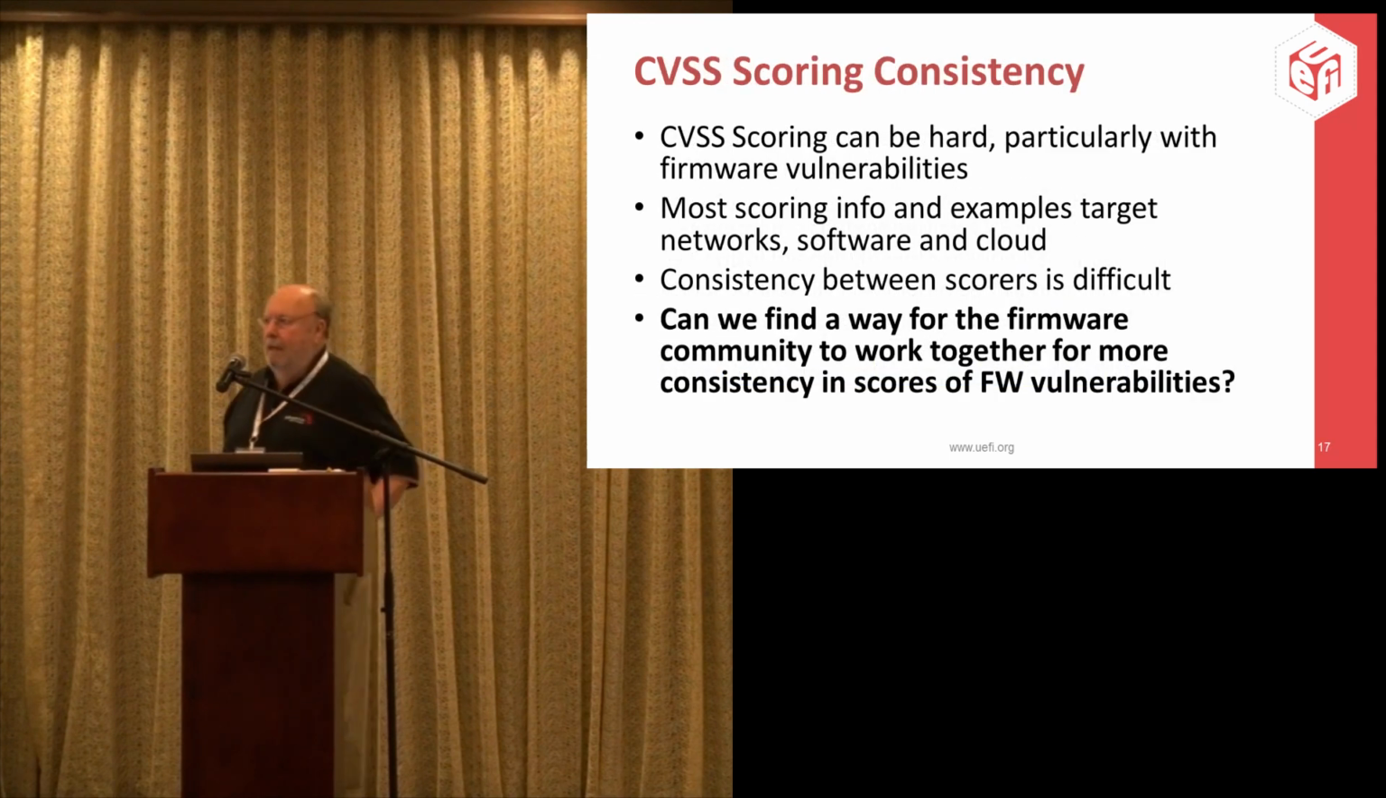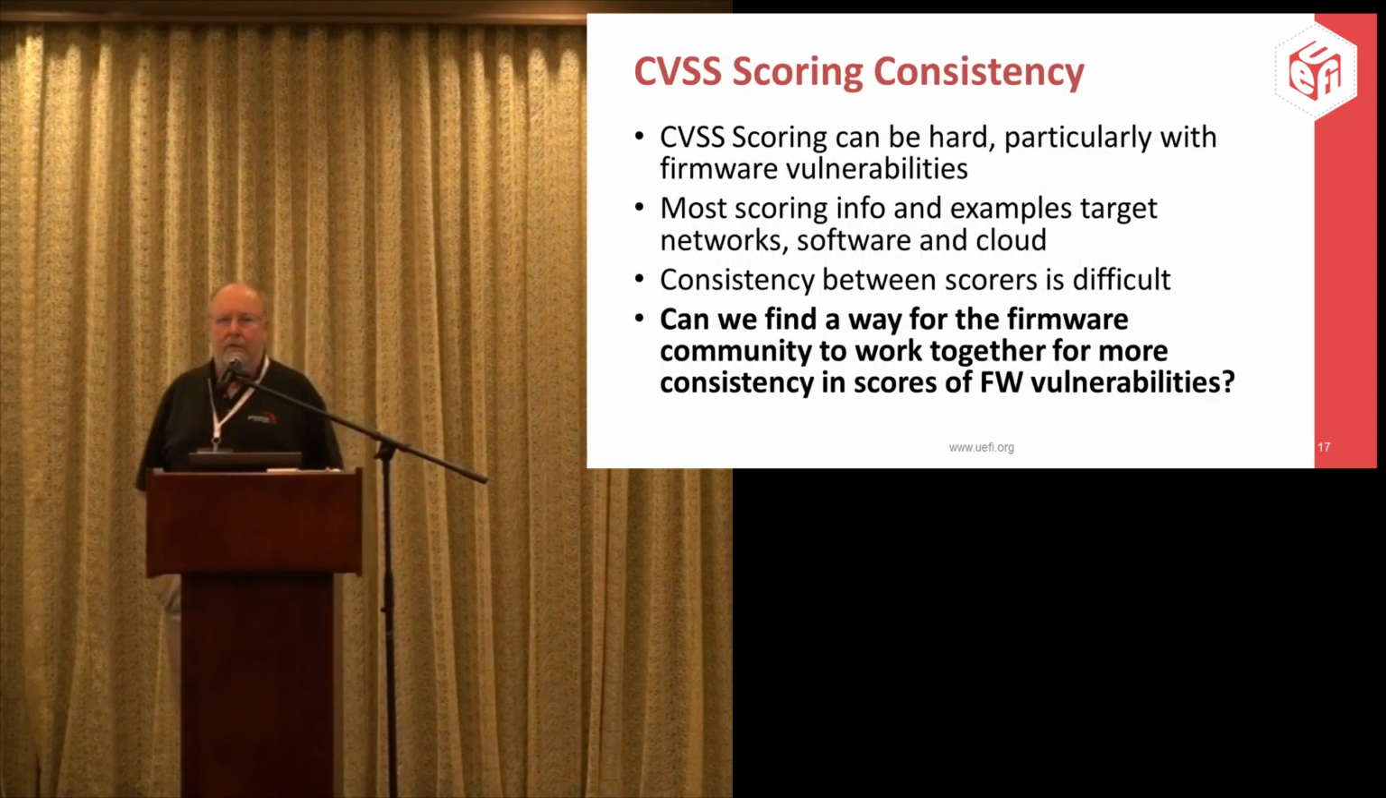Then, lastly, this is just a general challenge. I don't know how we're going to do this, and I don't have any recommendations. But as I said, there's a lot of variability in scoring, and it's embarrassing when two companies score the same vulnerability and come up with significantly different answers. It would really be nice if we had some guidelines and consistency around firmware vulnerabilities and how they're scored, what they mean, and these fields that are a little fuzzy or hard to understand. If we agree among ourselves on how we're going to answer those questions, it would help with consistency and not